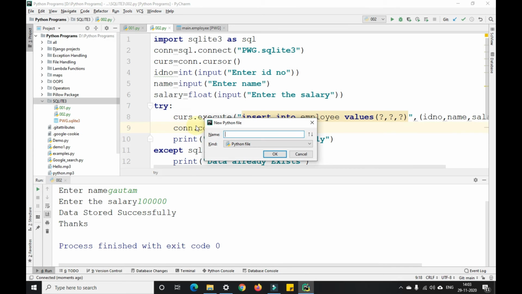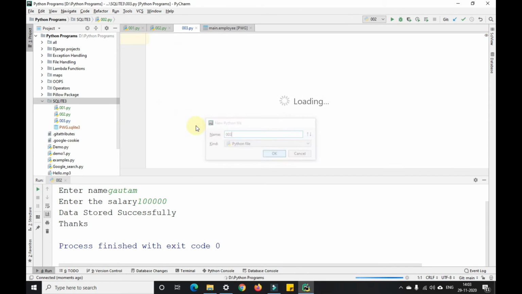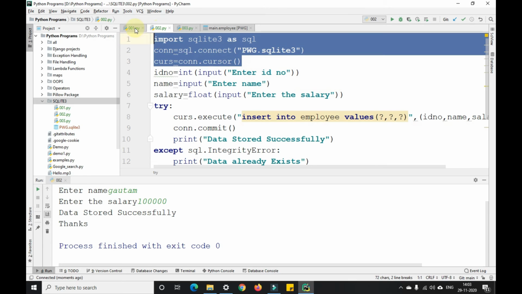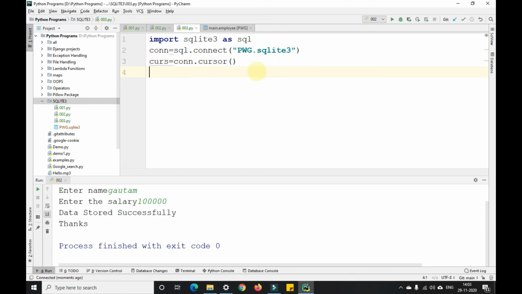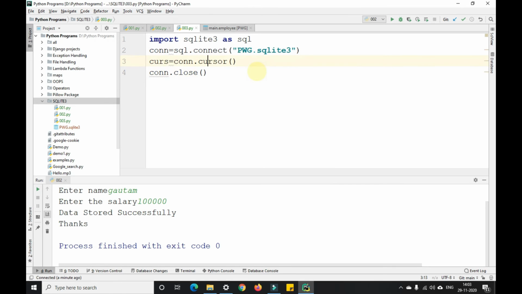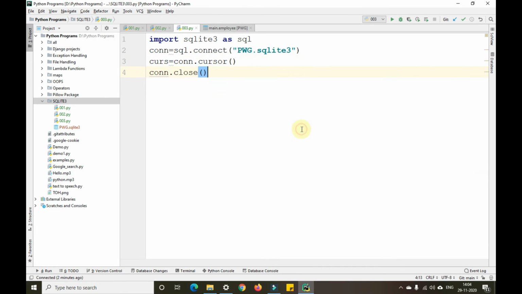Let me create a new Python file, that is 003. Again, I'm telling you guys, you can find all these particular programs in my GitHub profile. So I'm just copying this because this is common here, and also connection.close. Okay. So now I'll show you how to read that particular data from the database and show it in the program.